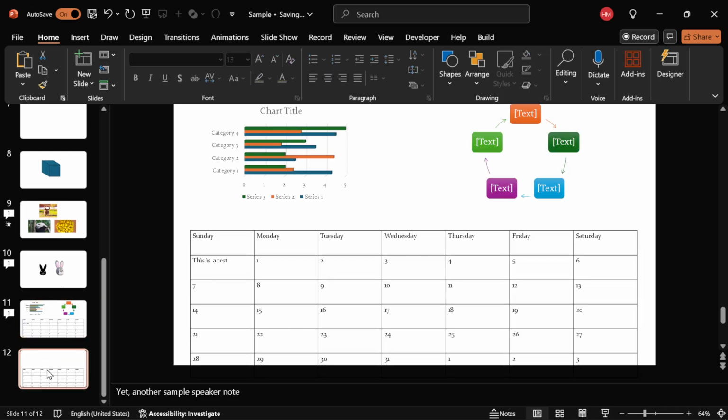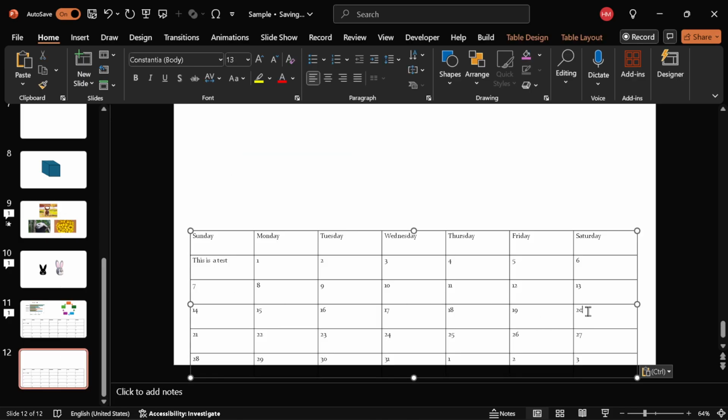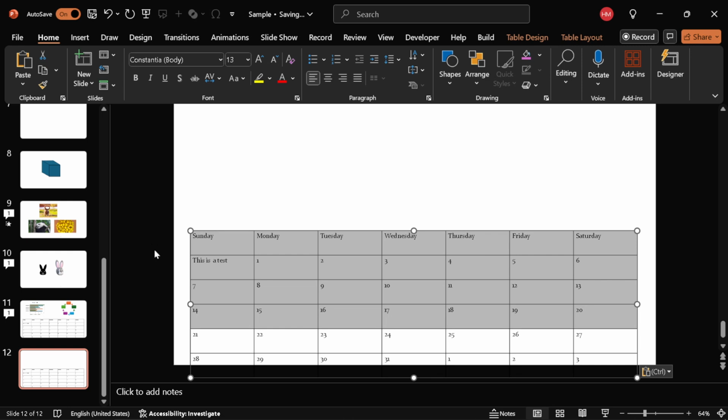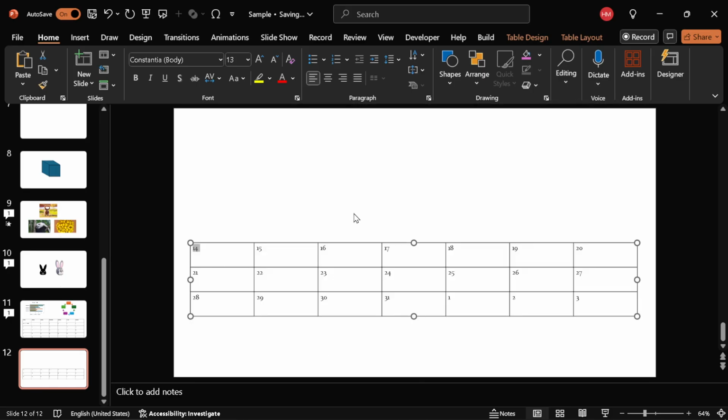Now, let's address the content that needs to be adjusted for your presentation's flow. At this point, highlight the cells in the duplicated table that are excess. These are the cells you don't want to be repeated or shown on this new slide. Carefully select these cells so you know exactly what you're about to delete. Finally, with those unwanted cells highlighted, press the backspace key on your keyboard. This action will delete the excess cells, leaving only the part of the table you wish to display on this particular slide. Remember, precision here is key as you want your table to be sliced just as you envisioned, ensuring